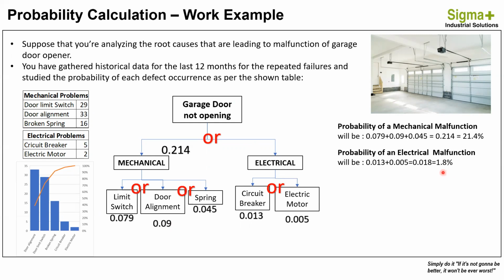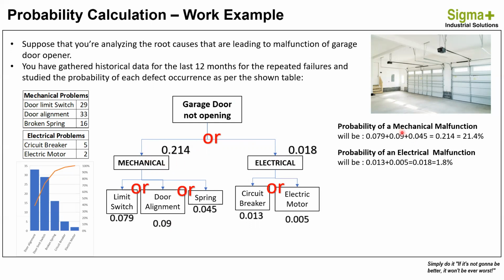So with those kinds of simple calculations, it helps me to find the source of improvement. Where should I start to focus my improvement? Is it in the electrical or in the mechanical? Indeed, when I look at the probabilities of the events, I can see that there is a very minor probability of malfunction occurring in the electrical compared with the 21.4% in the mechanical. So indeed, this will help me to focus my improvement of the reliability of the design on the mechanical